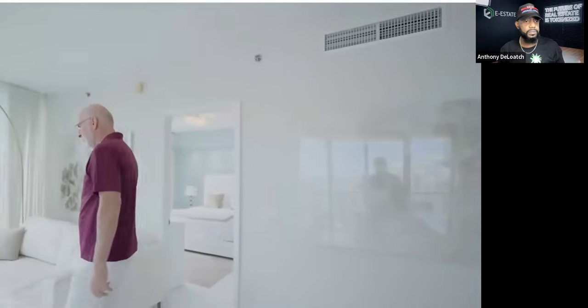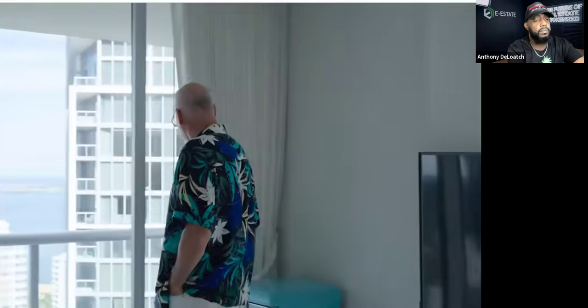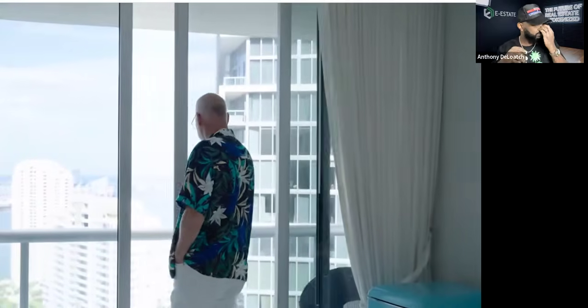All right, step inside. I'm about to show you one of the most impressive units in all of Miami. This is the 39th floor of Icon Brickell, the residential side of the W Hotel. And yes, it's as luxurious as it looks. 2 bedrooms, 2 full bathrooms, high ceilings, open layout, floor-to-ceiling windows with jaw-dropping views of both the bay and the skyline. Most people pay millions for this kind of lifestyle, but with e-estate, you don't need millions. You can invest any amount that fits your budget. Want to buy the entire unit? Go ahead. Prefer to own a small share? That works too. Either way, you'll earn just like everyone else based on your share, same system, same income model,